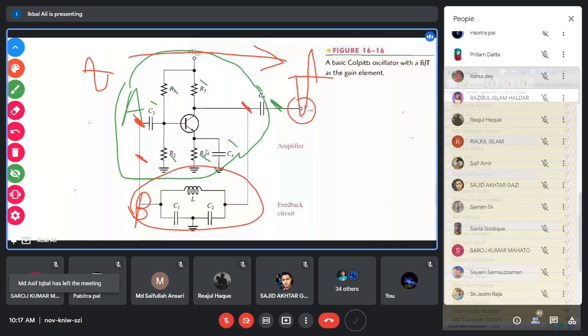And when this output voltage is tapped by the beta network, a fraction of that output voltage will be at the output of this beta network, that is the feedback voltage. A fraction of the output voltage is generated by the beta network, and when the signal travels through this beta network,